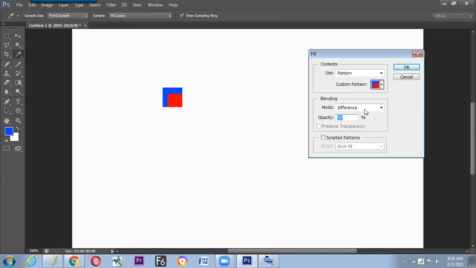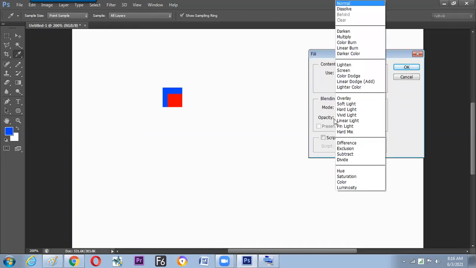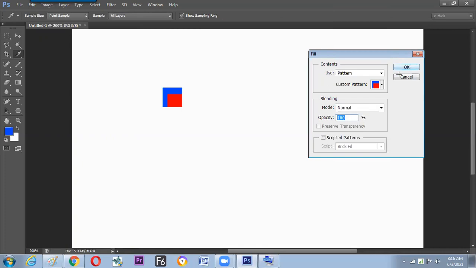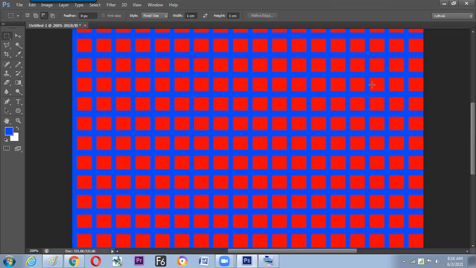Yesterday we have seen the difference; it should be normal mode, and get the opacity 100%, get your pattern ready. Is it okay? Yes, sir. So hope we have understood how to make a pattern design from the calculation point of view. Now moving to the next higher option, how to fill the white color on the screen: Control Backspace, because background can be filled by Control and Backspace.